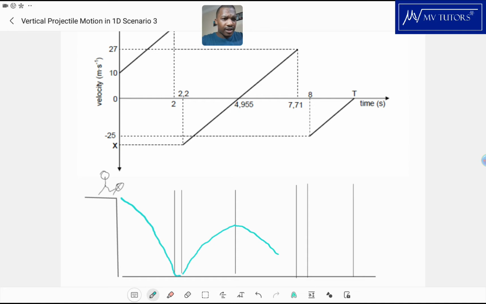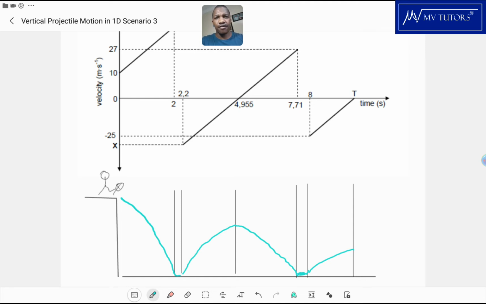It comes back down to there, and it bounces. It's bouncing there. It's at the floor, and then it goes back up. So that's the actual ball